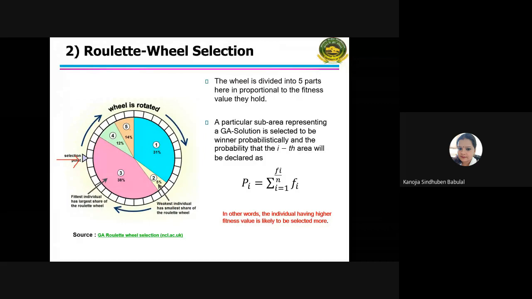And we are going to rotate this wheel either in clockwise or in anti-clockwise direction. After rotating, definitely it would stop somewhere. So wherever this selection point is pointing, that particular individual would be selected. Keep in mind that we are talking about the selection criteria. We are supposed to select